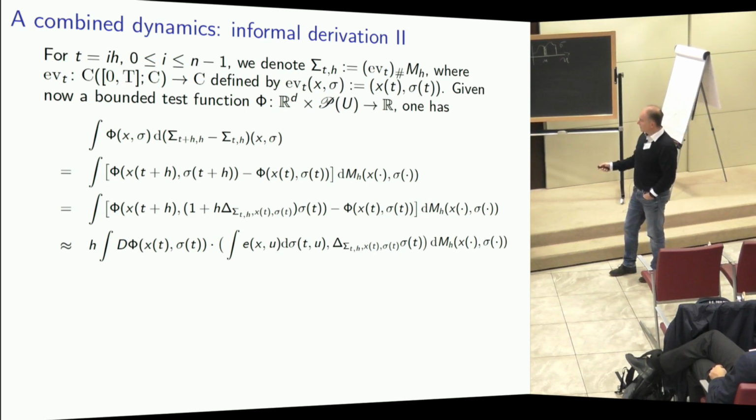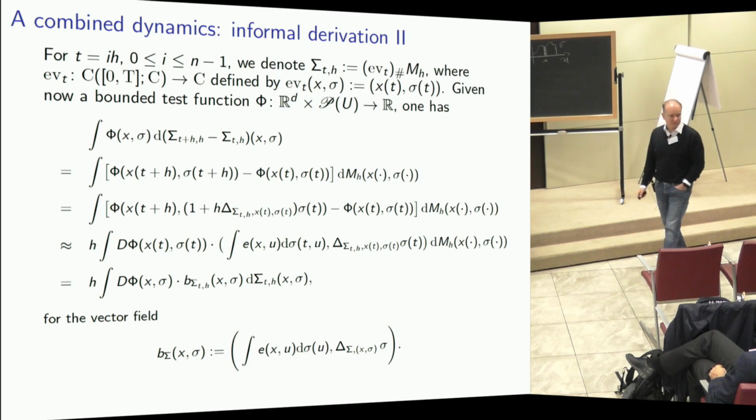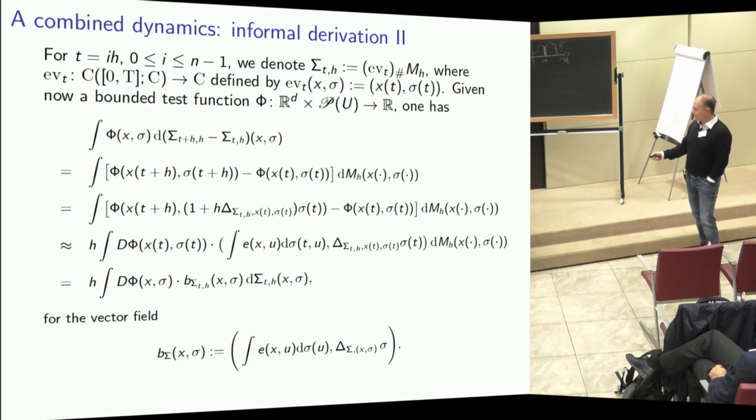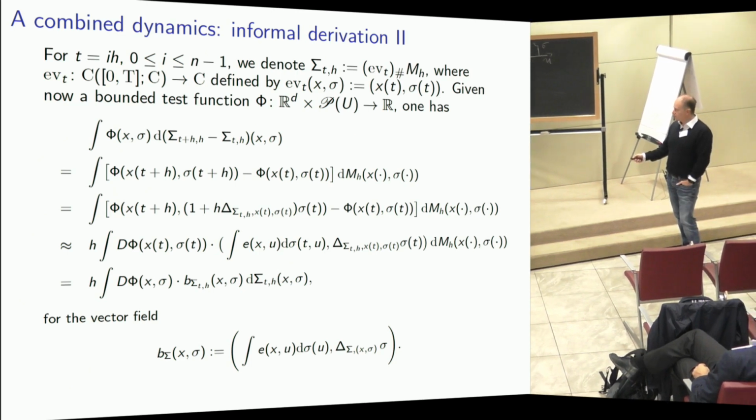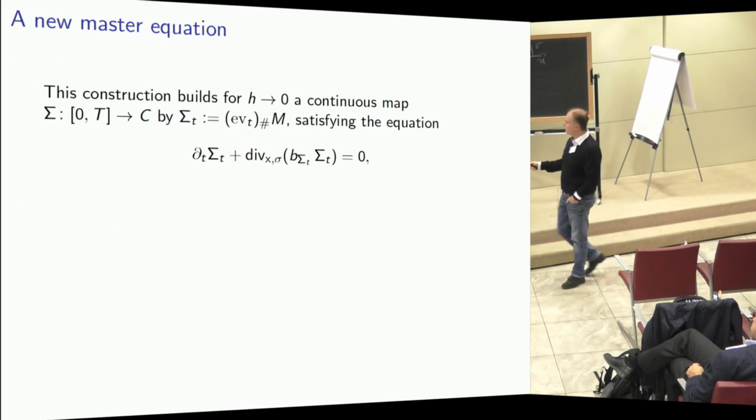And here again, the average field comes out integrated with respect to the corresponding sigma, and eventually we can again rewrite everything in terms of evaluation in time, and we end up with a transport equation for epsilon, h going to 0, where the driving transport field is given by an average transport field with respect to the mixed strategies and the replicator dynamics. So in synthesis, you have a very nice compact type of